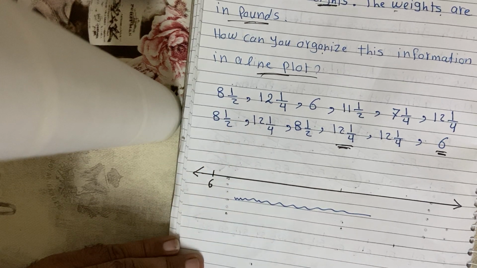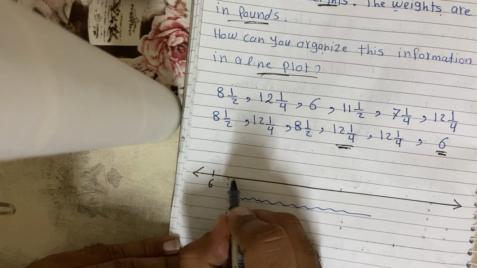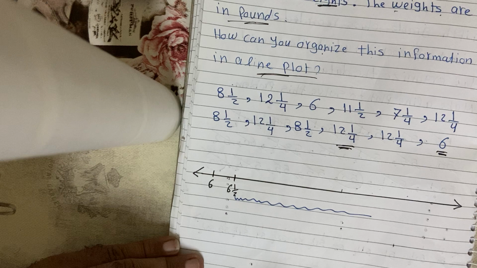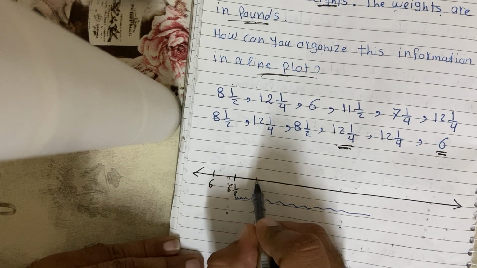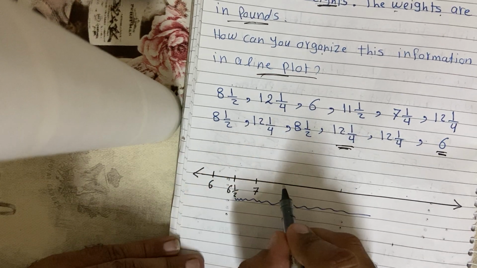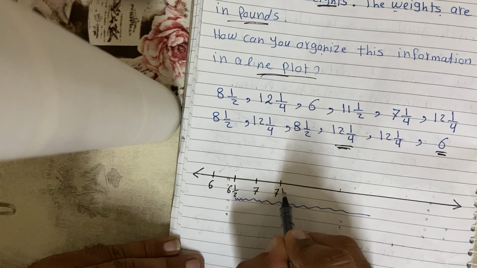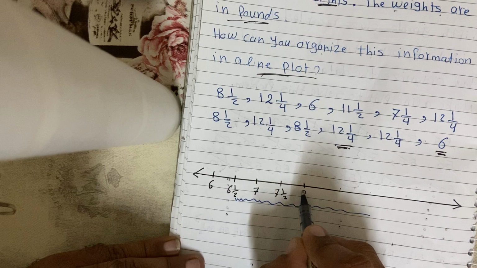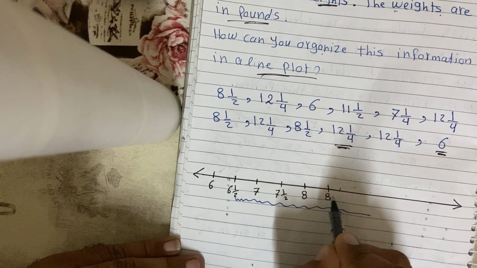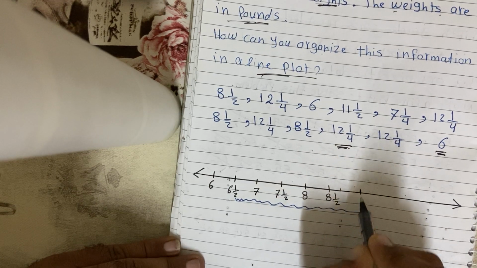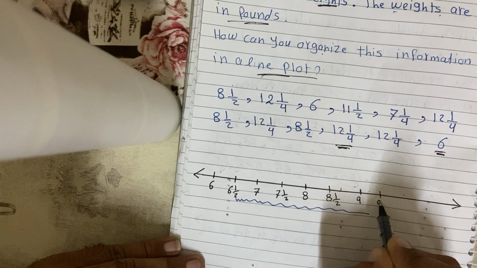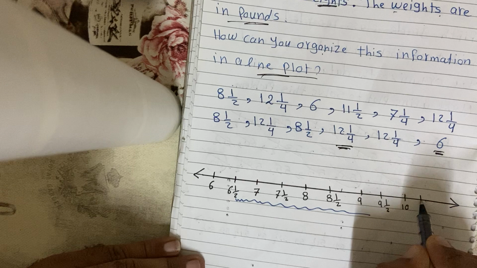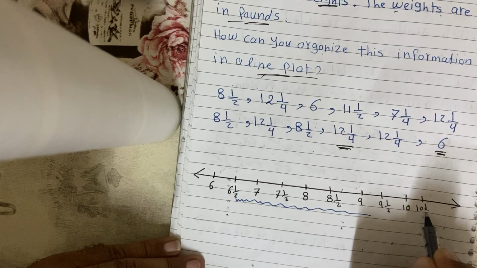After 6, maybe we can choose 6 and a half, 7, 7 and a half, 8, 8 and a half, 9, 9 and a half, 10, 10 and a half,